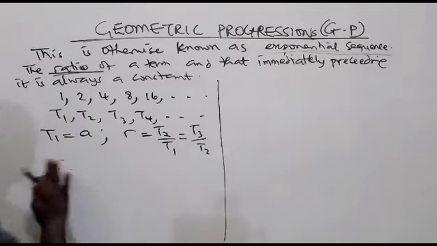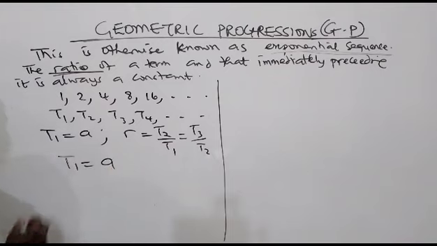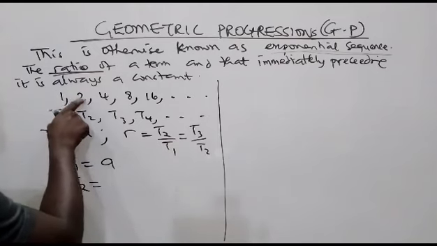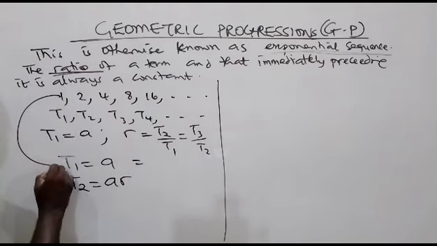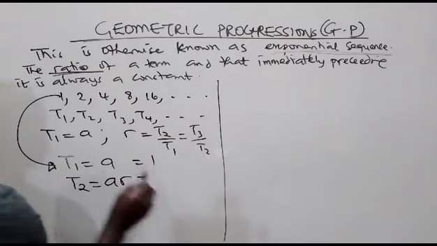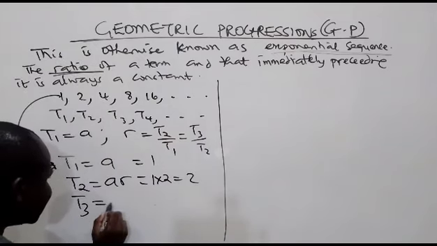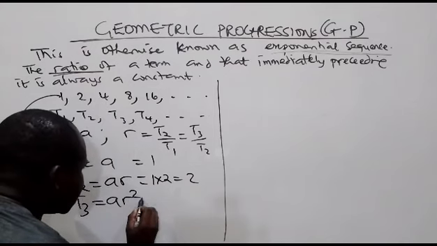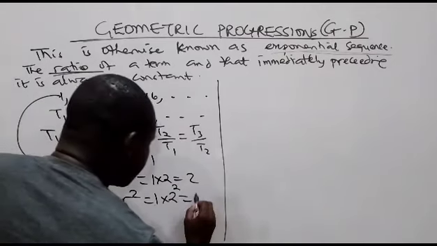Now let's look at how we generate the formula. T1 is equal to A, that's the first term. T2 will be A multiplied by R. In this very example, T1 is 1. So how do I get the second term? The second term will be the first term multiplied by the common ratio, and that will be 2. Let's look at T3. How do I get T3? That is 4. It simply means that we are going to have A R squared. That is, I will have 1 multiplied by the square of the common ratio, and that will give me